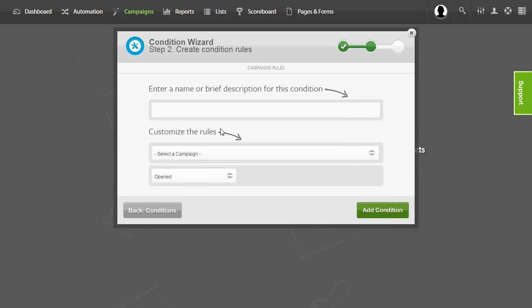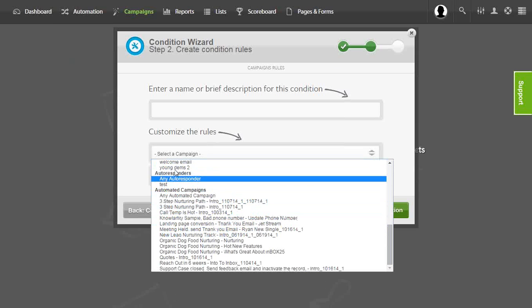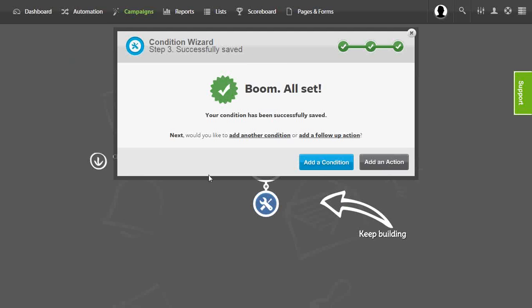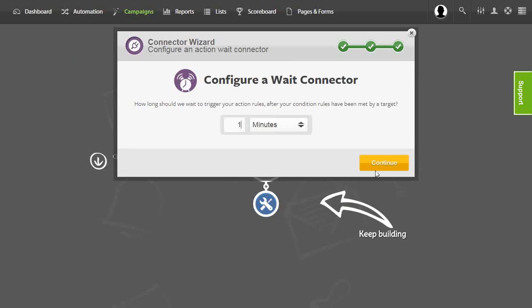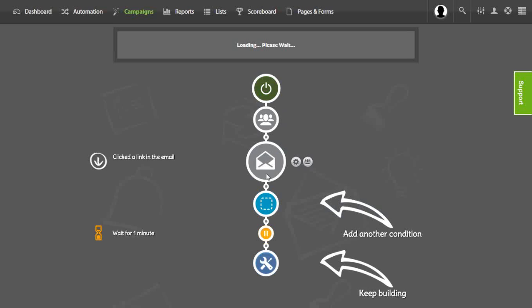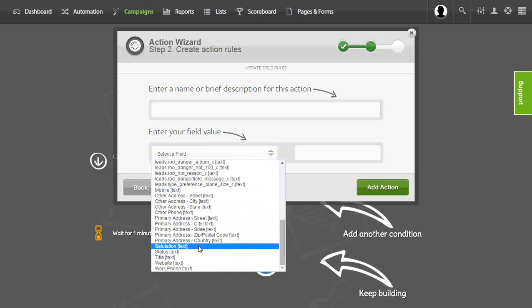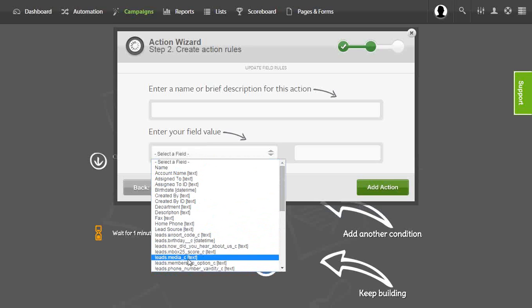So we'll do the campaigns condition, and we'll select the campaign, and we'll say clicked any. So clicked a link in the email, and we'll add the condition. And then we'll add an action after 1 minute, and we'll update the field, that same field of lead source,